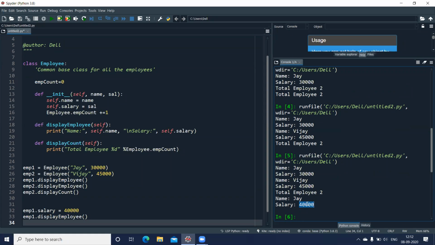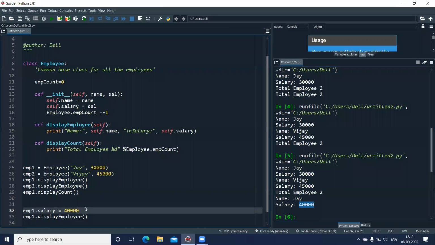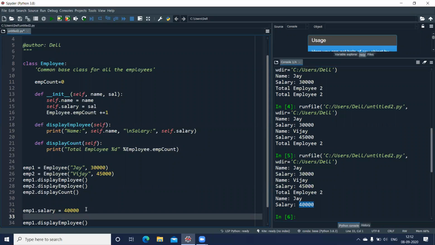If you want to add a new attribute to this particular object, even that is possible. Let us say after adding the salary, I want to add a new attribute to employee one. So I write emp1 dot age equal to, say, 25.